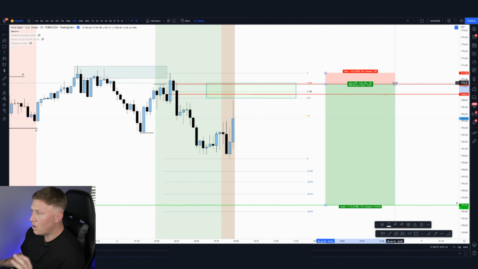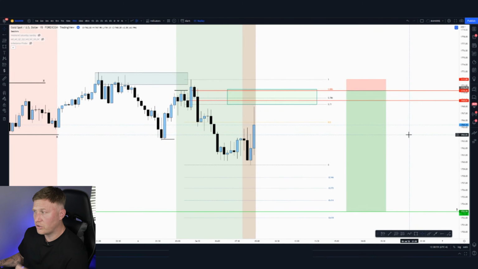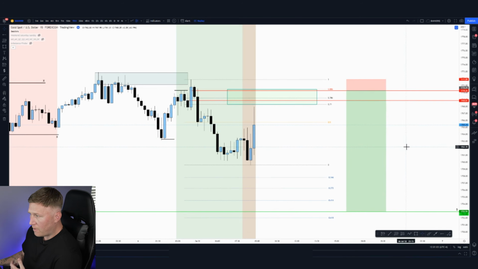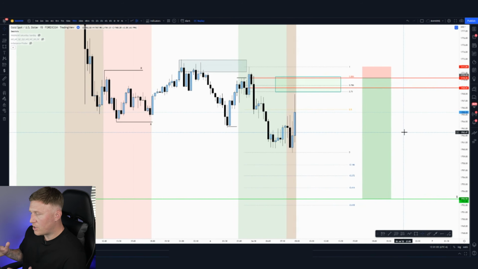So this one here would have been a really solid entry, really good potential reward on the risk. Okay, so now I have my trade planned out. I have a pretty solid idea of where I believe price to go, and now it's just time to wait for entry. And this is when I'm anticipating strong continuation moves, impulsive moves in the market, because now